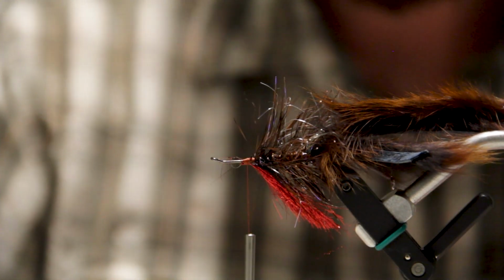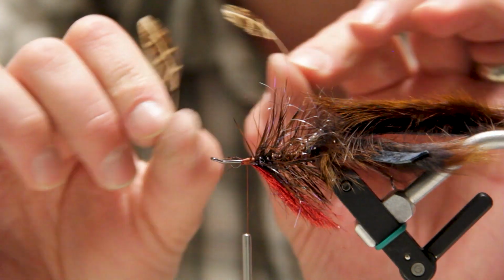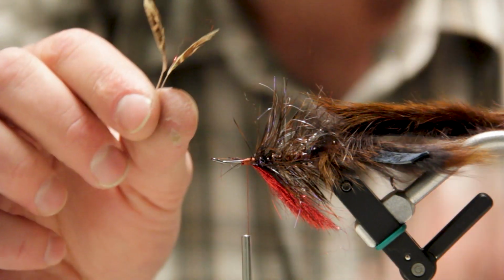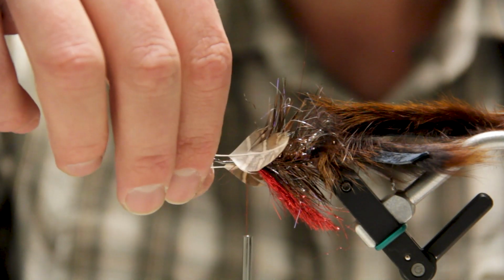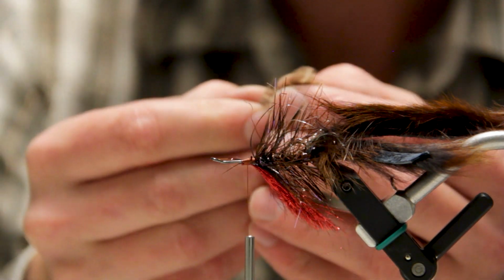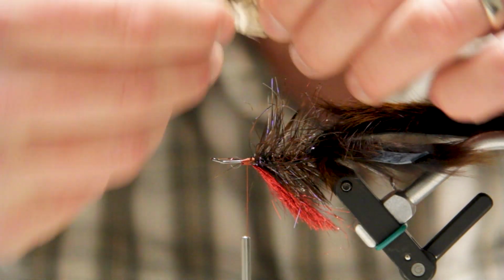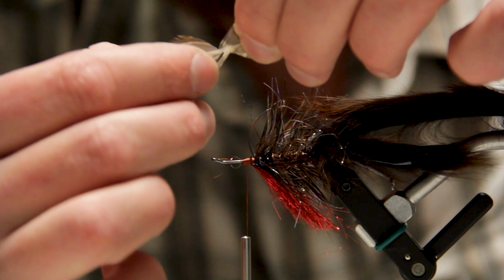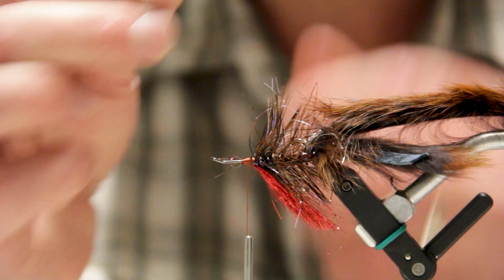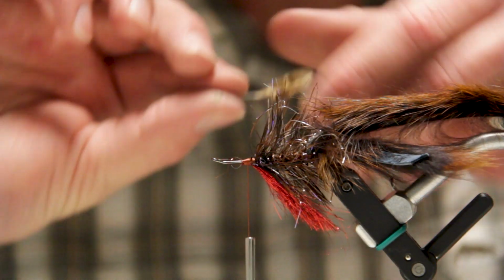We're going to use some darker partridge feathers for the fins on this sculpin. As you can tell, partridge wings have a cup to them. We're going to oppose the cups, and there's going to be one on each side for the fins. After you pull them off of your bird, you can lay them on top of each other and strip the fibers back so that they're the same size, just like that. And I always pull off feathers that are right next to each other on the bird so they're relatively the same size. So you'll take one,